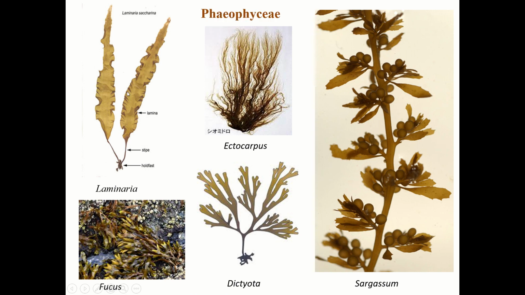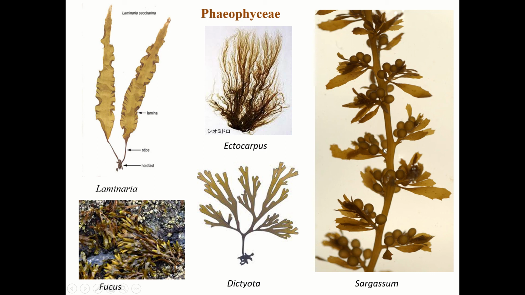Now this is the Laminaria, commonly called the kelp, which can grow up to 100 meters in length. But these are not found on our beaches; you will find them in China, Japan and other temperate countries. Then Phaeophyceae, that is the Ectocarpus. This is the Fucus, Dictyota. So you can see two. This is Dictyota. This is the Sargassum, which is commonly found on our beaches.